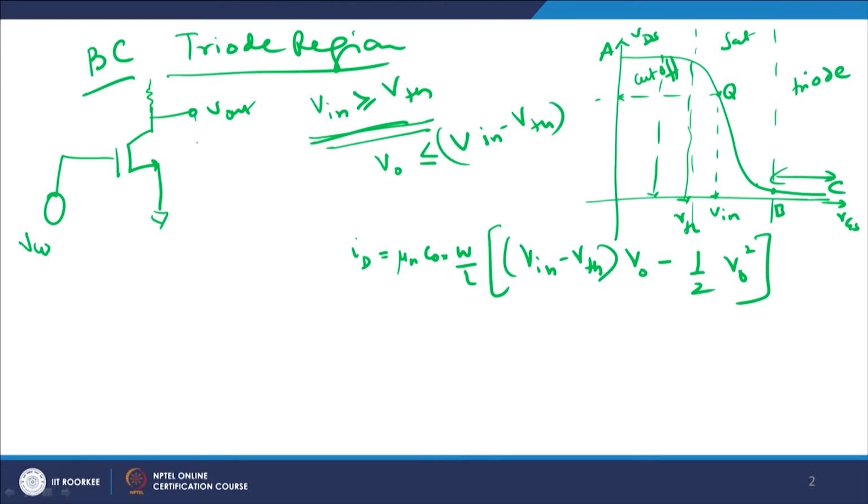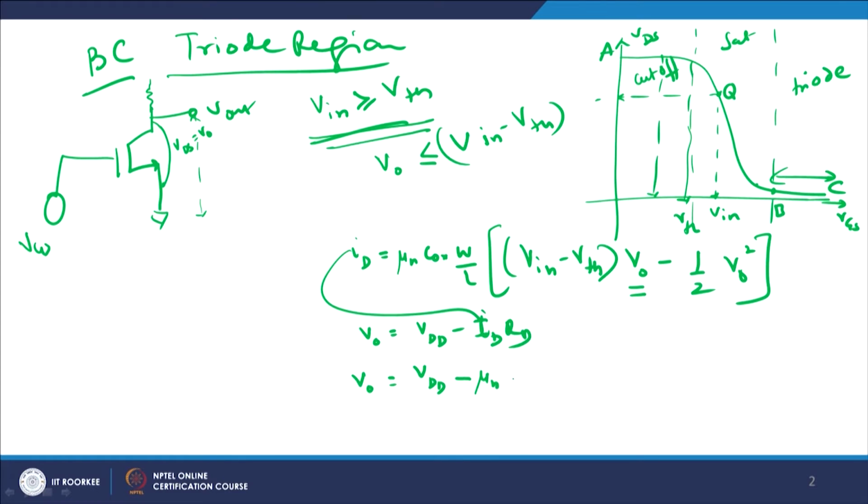So, if you take V out from this to ground, it is exactly the same as drain to source, because source is grounded. Therefore, VDS is equal to V out, and that is the reason we change from VDS to V0, and V0 is the V out which you see from here, where V0 is exactly equal to VDD minus ID RD. So what I do is put the value of V0 equals to VDD minus ID RD, plug it from here and place it here, and we write it down to be equal to mu n, into RD